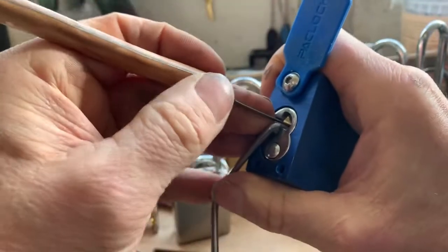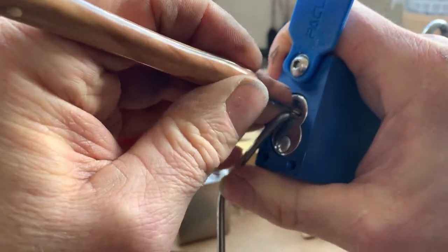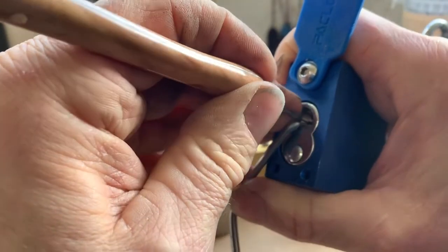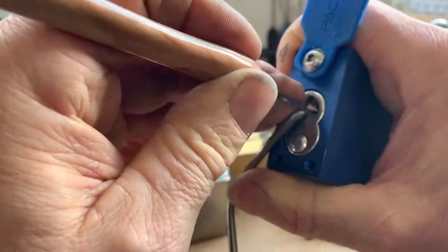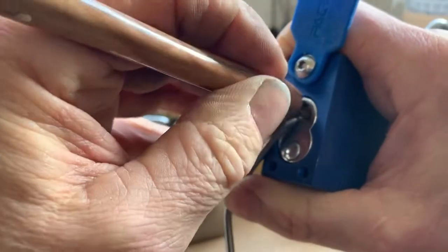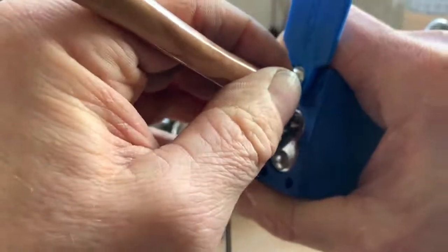So let's get this into view. Click on one. Nothing on 2, 3, 4, 5 or 6. Another little click on one, click on 2, click on 3, little click on 4, click on 5, little click on 6,